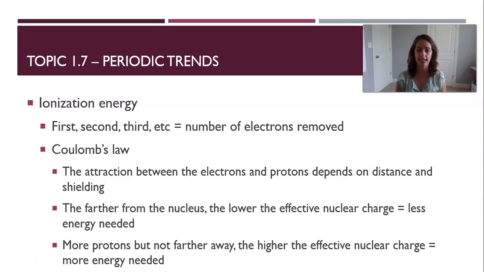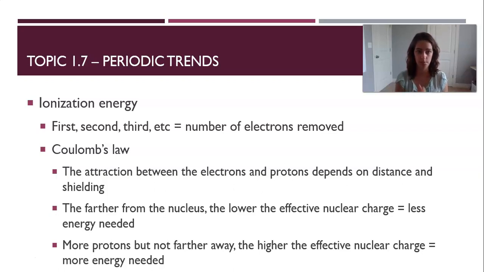Okay, we're going to talk about ionization energy first. All of these atomic properties we are going to be looking at through the lens of Coulomb's law. So you need to think back to what Coulomb's law means, because we're going to be talking about two factors, because there are two things that play into Coulomb's law, which is the magnitude of the charge and the distance